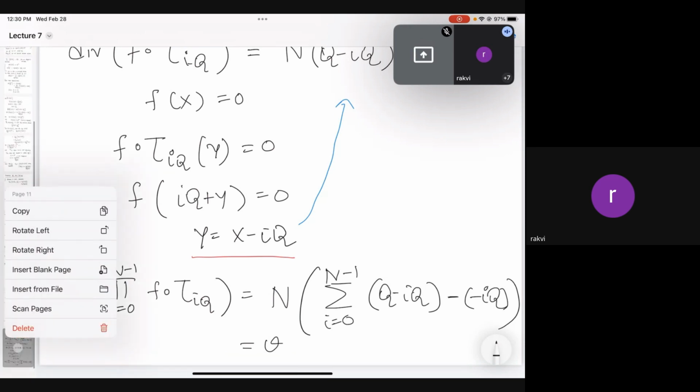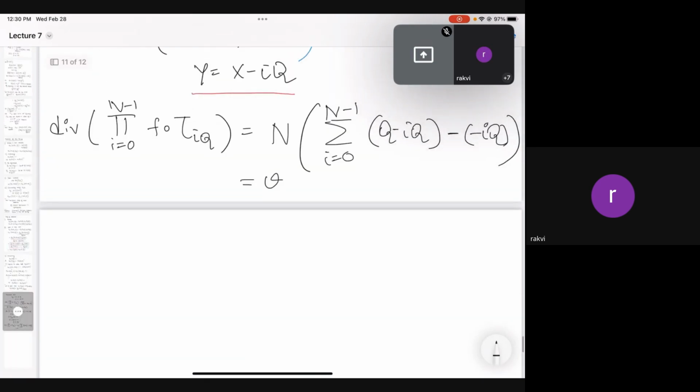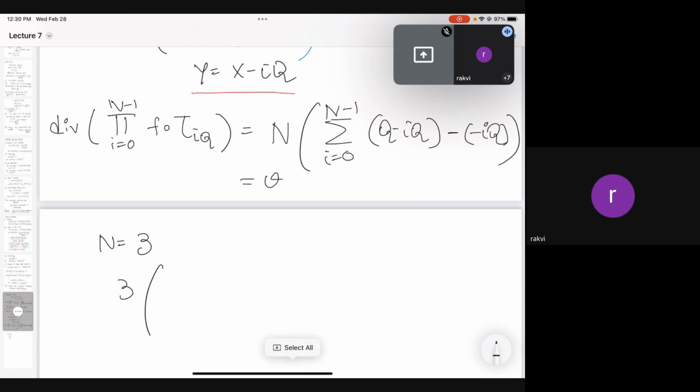Let's try with small n so that it will become clear why we have so many cancellations. So suppose our n is 3. Then what does this sum look like? It looks like 3, and then our i is going from 0 to 2. So when i is 0, I have q minus 0 times q. Well, 0 times q is simply identity, and q minus identity is q. So I have q, and then minus again identity. So I simply have 0 minus identity. And now this is a divisor where,